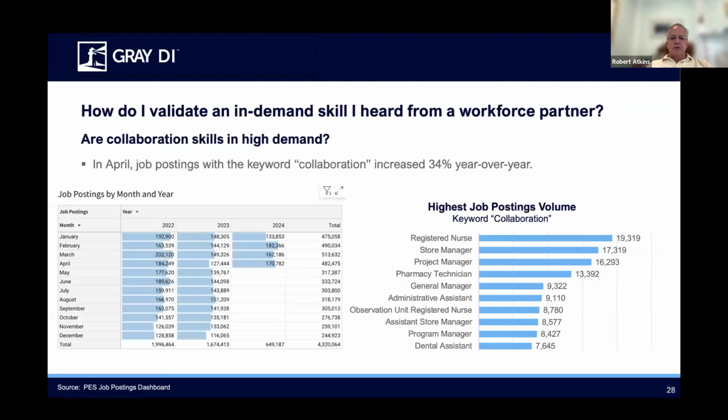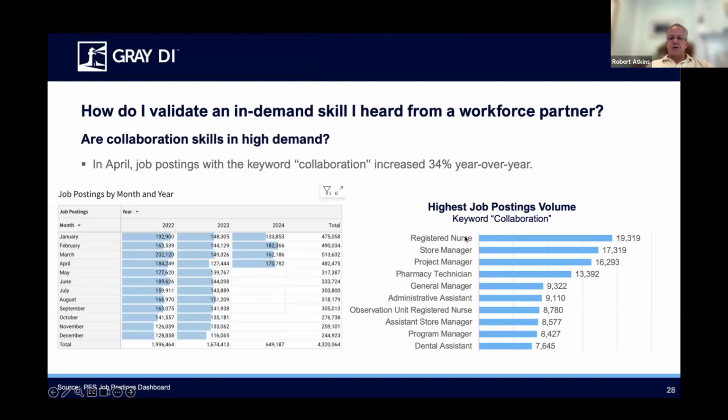And many of you are in a position where you have to evaluate whether a given skill is really needed or if it's just something one of your workforce partners happens to be hot about this week. So you can understand that if you have our systems. You can go into job postings. You can look at the specific job postings over time, and you can tease out the word collaboration and see how it's trending over time on the left and where it stands right now.